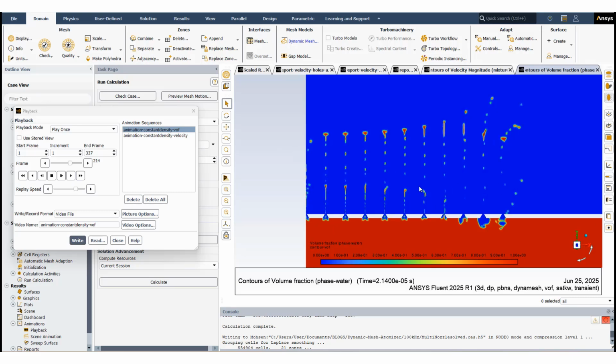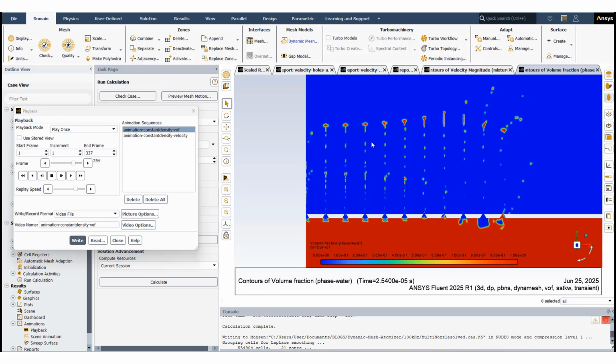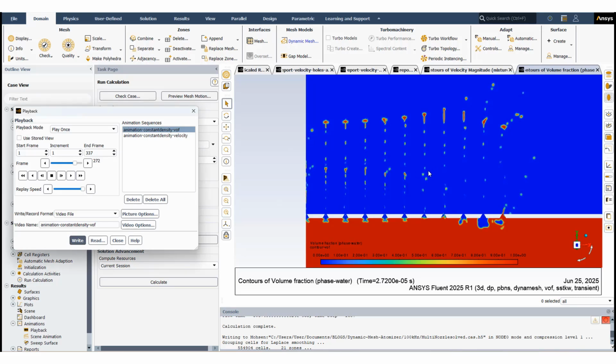And this is how we can model this using dynamic mesh motion. Now we have passed the time for the dynamic mesh motion. As you can see, there is no change here in the entering of the air into the water, or the ejection of water from the nozzles, and we just see the traveling of the droplets into the air. If we increase the play speed,